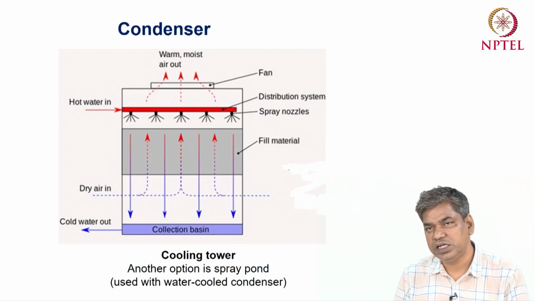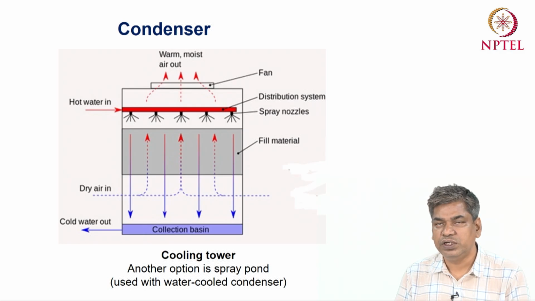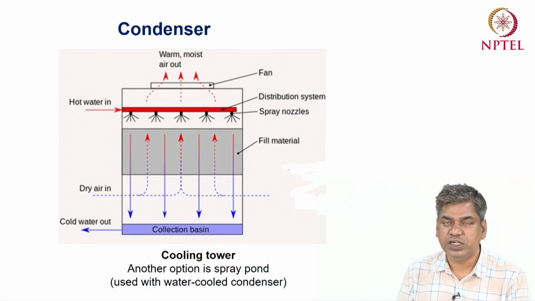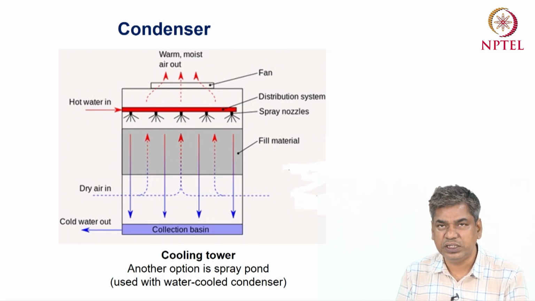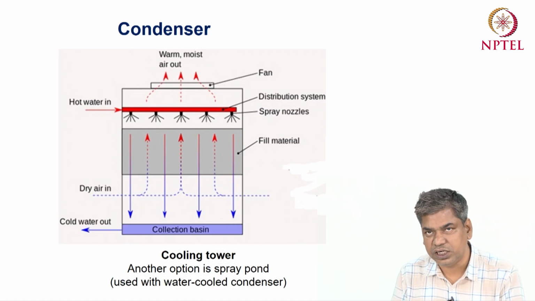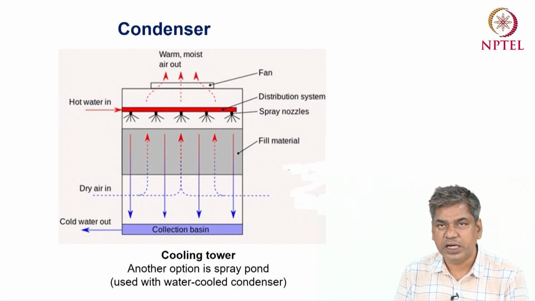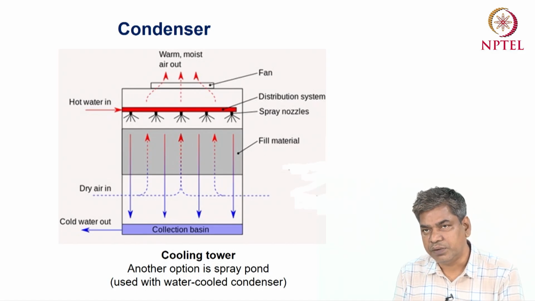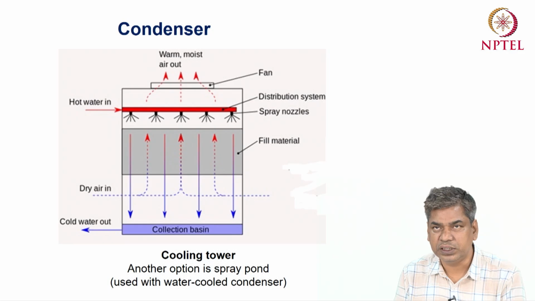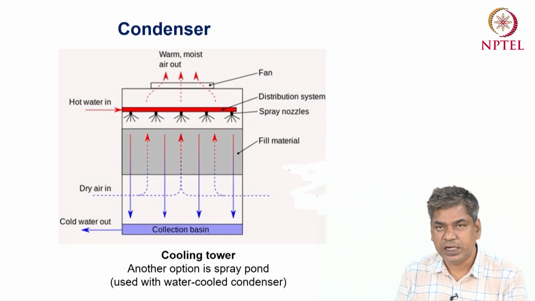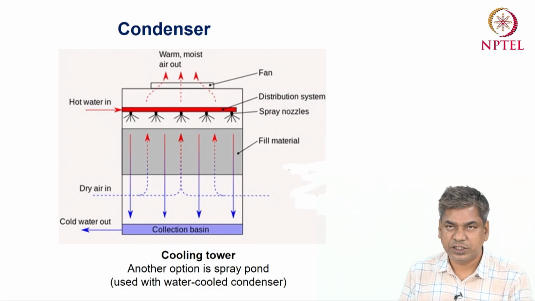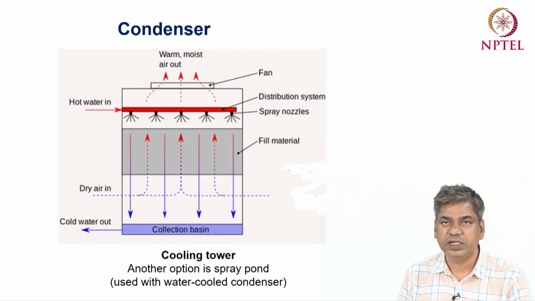So the cooling tower is basically used to cool down the water which is coming from the condenser of the refrigeration system. This cooling tower is connected with the condenser. In the condenser, the water is heated up, then that hot water comes to the cooling tower, and here that water is cooled down. After cooling down, the water is stored at the bottom of the cooling tower, and then it is used again for the condenser.